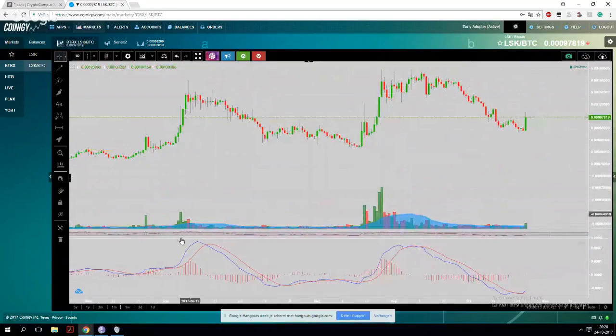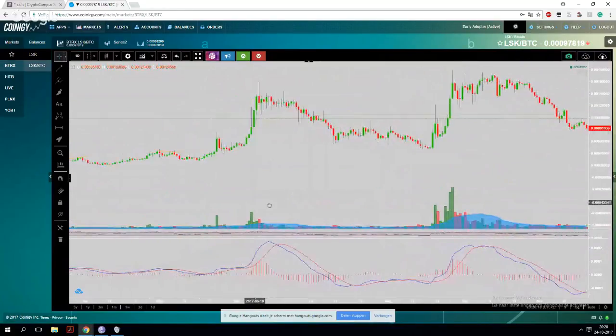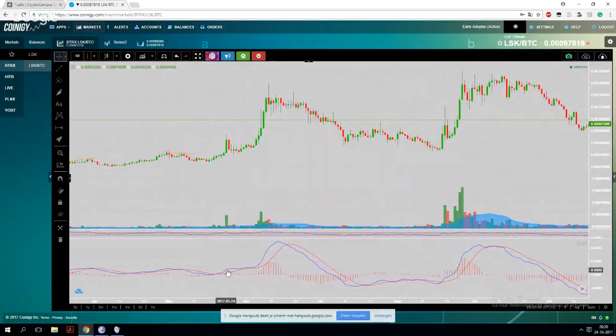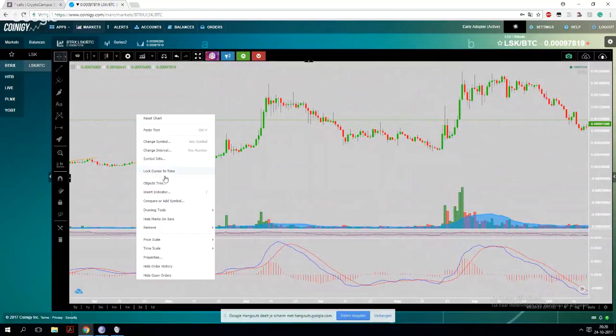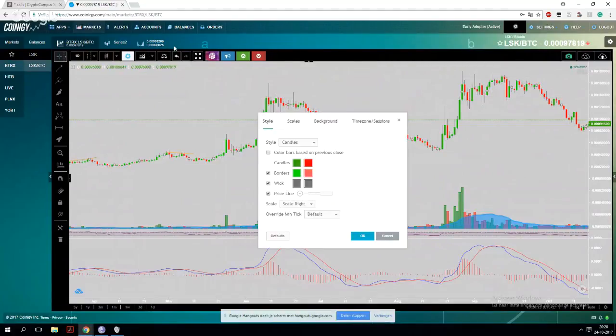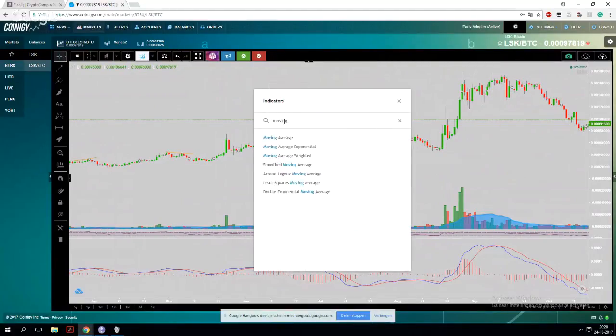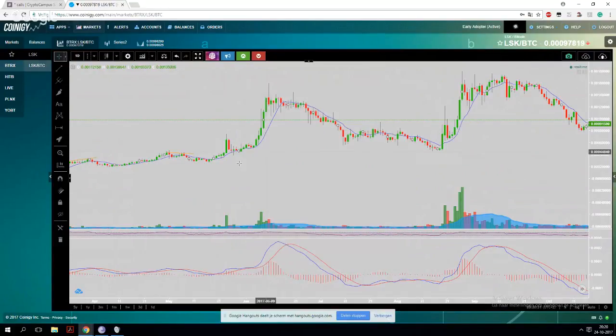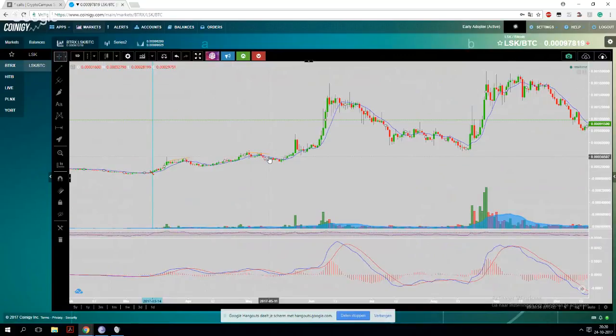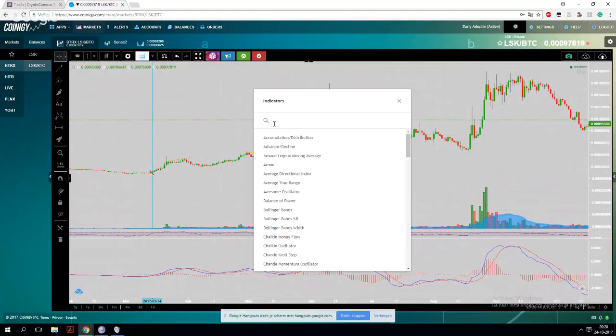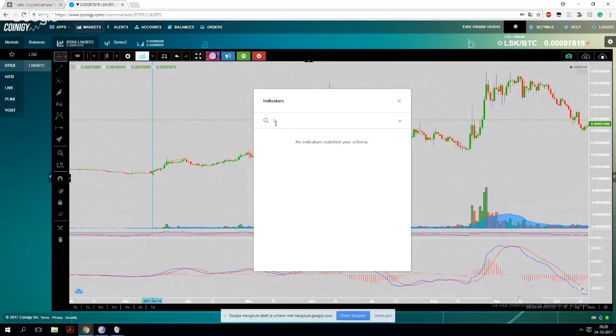And I want to explain how the MACD works. The MACD uses two moving averages. And just to demonstrate, a moving average is the average a price has been over an X amount of days. You can set the amount of days for yourself. For example, if I go to indicators, and I type in moving average,